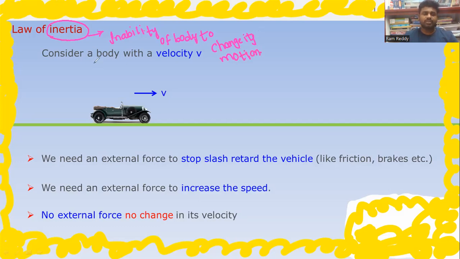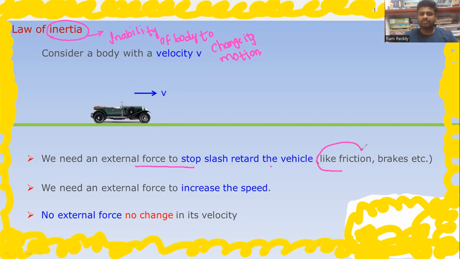So here we are taking an example. Let us consider a car moving with some velocity v, and in order to move the car, definitely we have to apply some external force. Otherwise, the car is at rest. So if we want to move the car, we have to apply external force, and if we want to stop that vehicle,